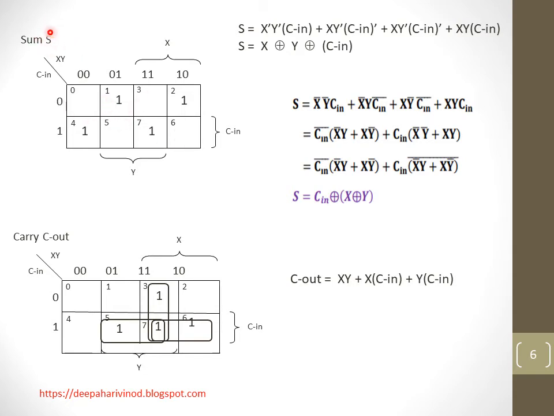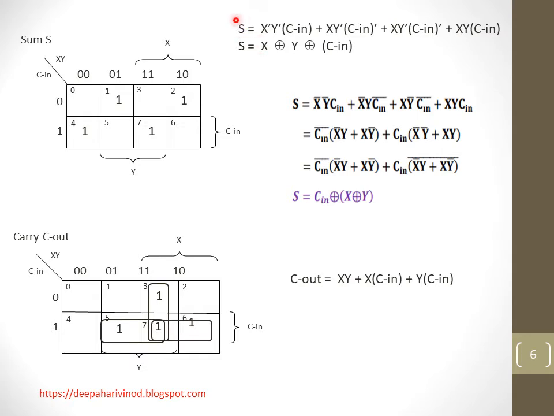Wherever sum is high, those values I am mapping into this box, and this box is called a K-map. We will study K-map in detail in future. After mapping into this, we cannot group, as all are in individual groups. So what we have to do is